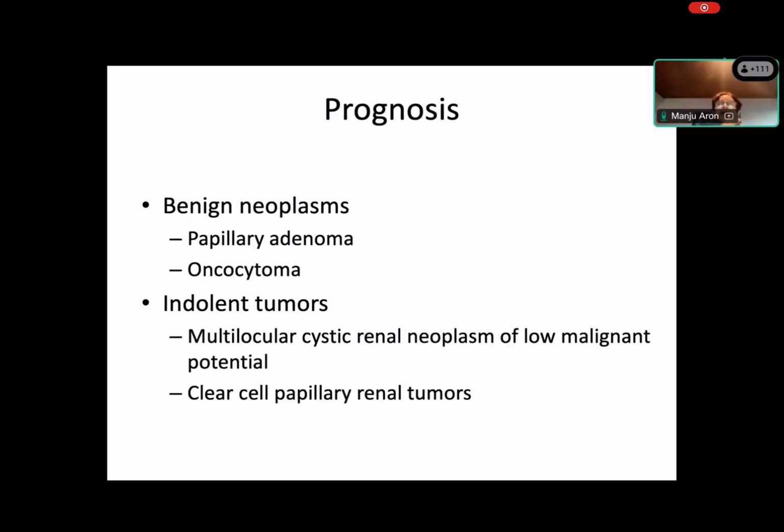So we have tumors which are benign. If you identify something as oncocytoma and the tumor is out, what we're telling the patient is you don't have to worry about this tumor recurring or metastasizing. So that's important. We also know that there are certain tumors which are listed here, which are indolent. That means over a long period of time, we have been observing these tumors and they hardly, if ever, metastasize. So again, you're telling the patient that they have a very good prognosis.